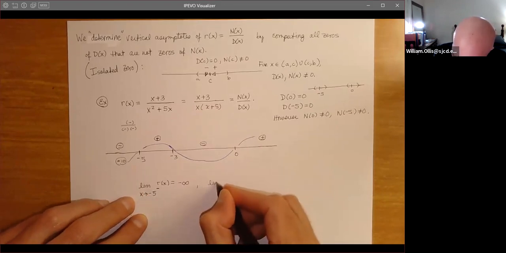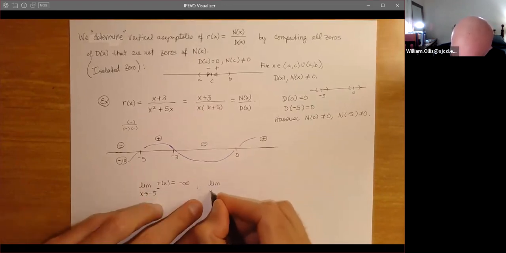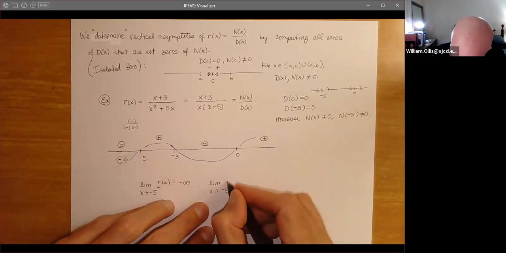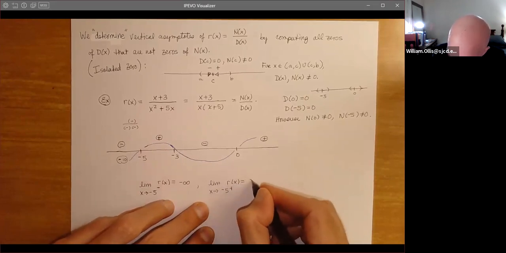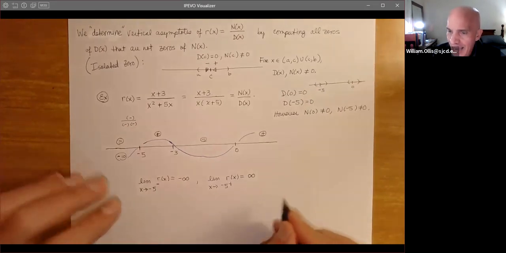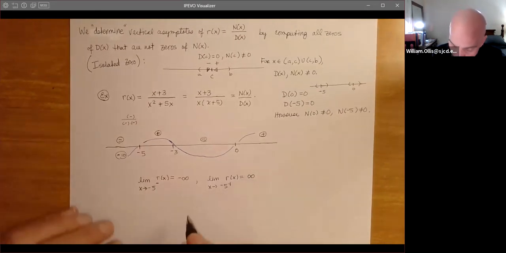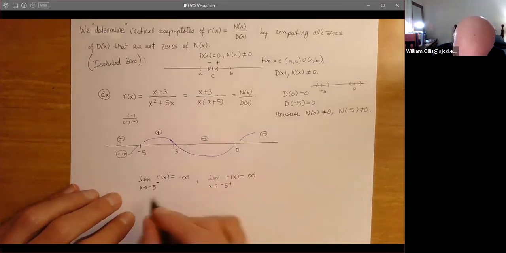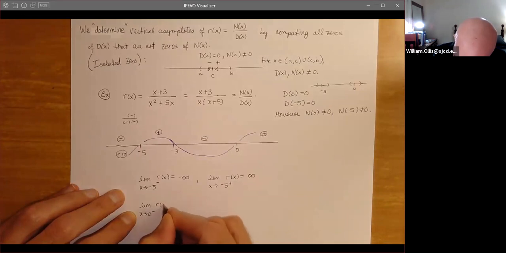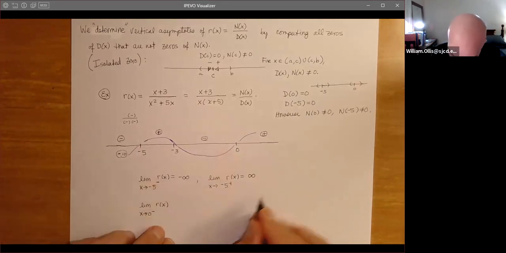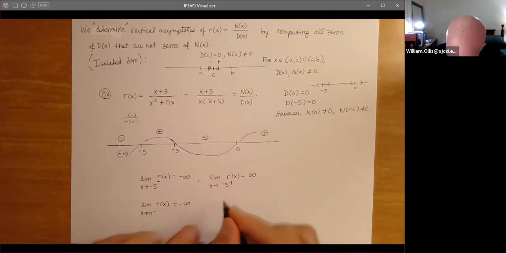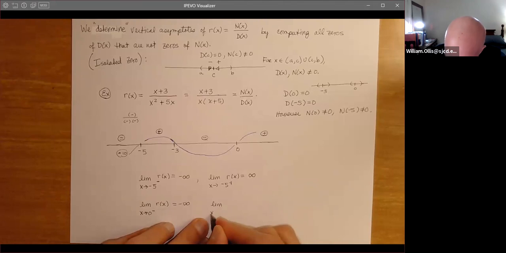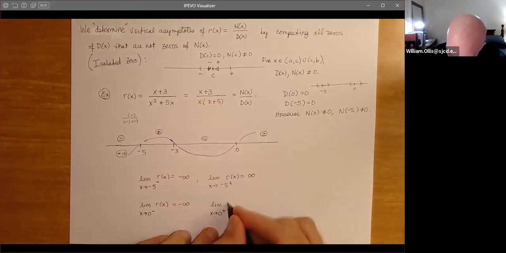And then, of course, the limit as x approaches -5 from the right-hand side will be plus infinity. You don't have to put the plus with the infinity; I do it if I do plus or minus, but just infinity is fine. And then of course we can do the same for 0. The limit as x approaches 0 from the left of R of x, again, will be negative infinity. And the limit as x approaches 0 from the right, again, the sign is positive above, will be positive infinity